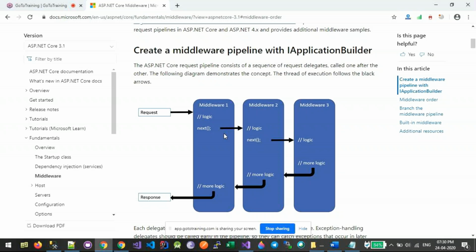You can use inbuilt middleware components, or you can also have your custom defined middleware components. A request coming from the browser will be handled first by the first middleware component, then by the next, and so on. Then finally the actual controller will handle that request, process it, and give the response. The response will be again handled by the middleware components in reverse order, and finally the response will be sent to the actual browser. This is how all the requests coming for applications which target .NET Core are handled. This is how web applications are defined now.